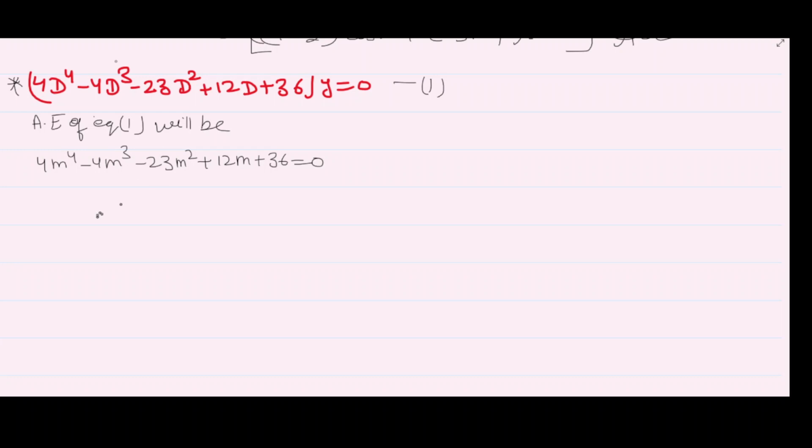Now you have to solve this particular equation. In order to solve this particular equation, I have suggested a method. The two compulsions were that this should be a perfect square, and this should also be a perfect square. So you can see that 4 is a perfect square of 2 and 36 is a perfect square of 6, right? So the method will be easily applicable, because here this 4 has a positive sign and 36 also has a positive sign. Now we can apply our method. Okay, so this will be equation number 2.